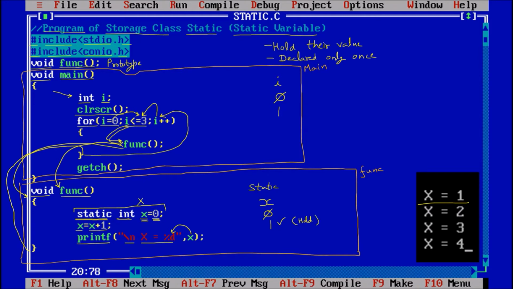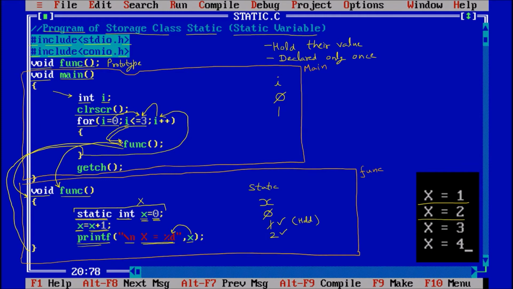In the earlier programs we have seen that once we call the function again and again, variables lost their values. But a static variable will hold its value. Then we are saying x = x + 1. So the increment gives the new value 2. Printf x with %d, for the integer value. So 2 is displayed on the screen: x = 2.